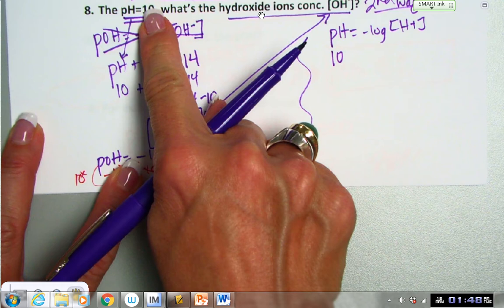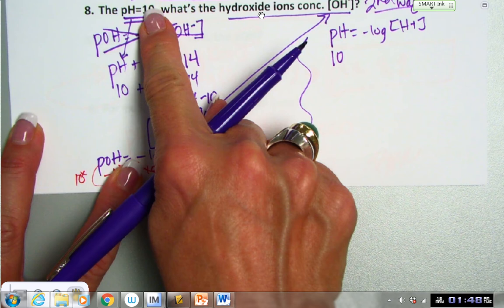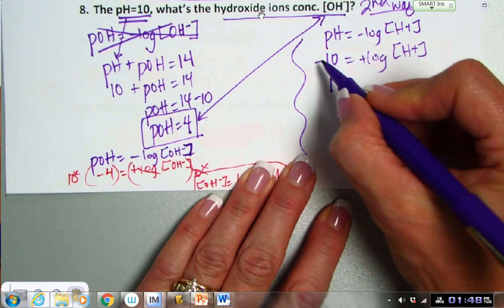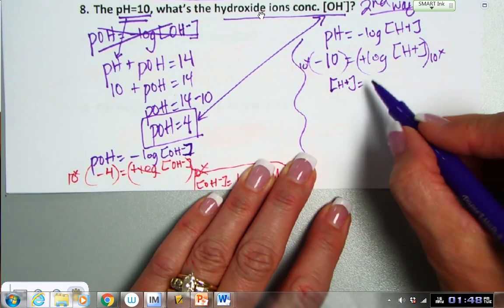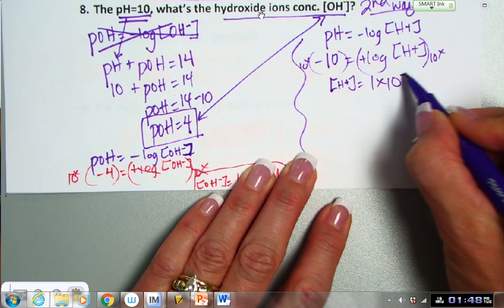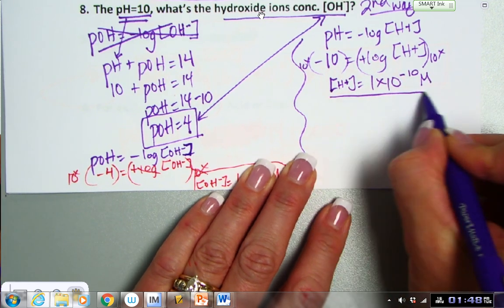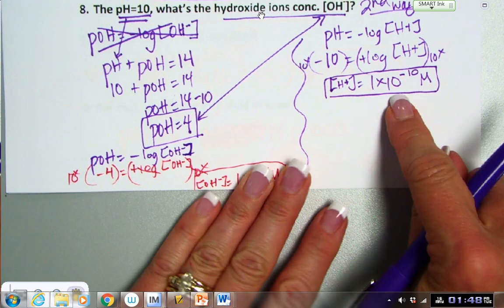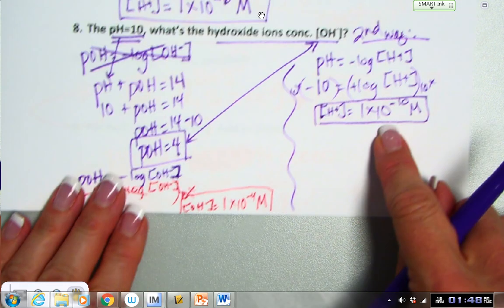So make that negative, make that positive. You're dividing both sides by -1. And then when you take the antilog of that, you isolate your hydrogen ion, and you get hydrogen ion is equal to 1 times 10 to the -10th molar. Now, this is not what they were looking for, but it gives us hydrogen ion. So now that we know that, and we're trying to find